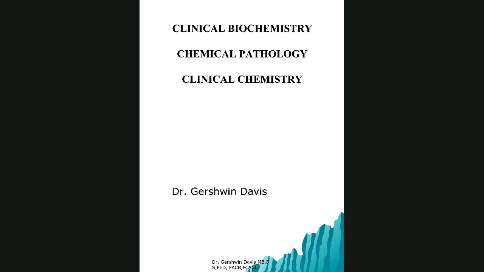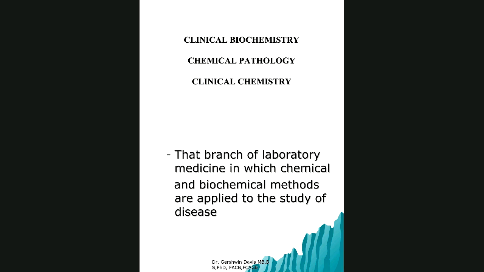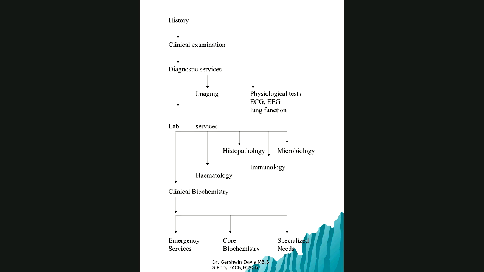Okay, so in Canada, for example, you probably hear more about clinical biochemistry. In the UK, chemical pathology. Of course, we are UK based in a sense, and in the US, you hear more about clinical chemistry. No one has the title chemical pathologist in the US. You have the clinical chemist in the US, really. So all those books are the same, right? Just have a definition of what clinical biochemistry is. That's pretty clear.